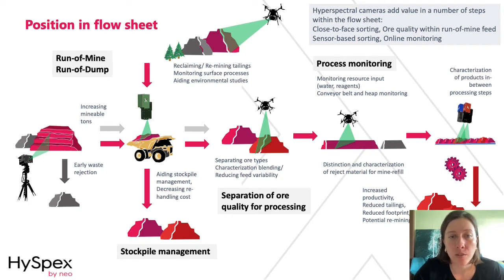The sensor-based sorting in general, which does not only include hyperspectral but different aspects, is widely applicable, but it hasn't been picked up by the raw materials industry as much. It's been picked up by the diamond industry and also the industrial materials, but we're still looking at an implementation, for example, in iron ore